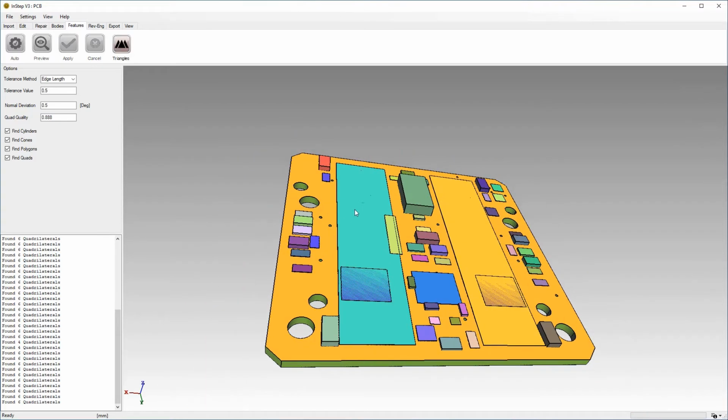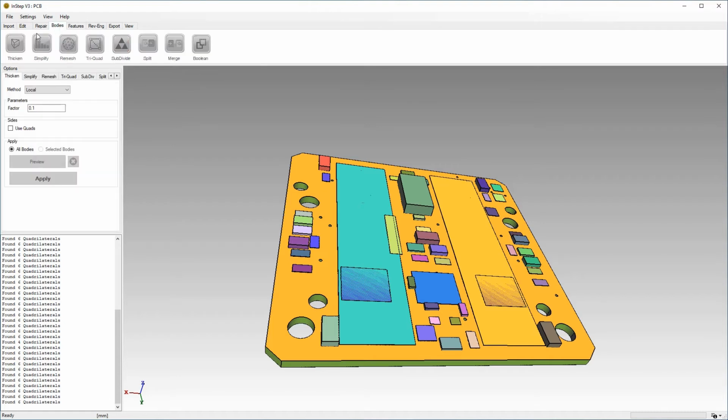So after just a few seconds, we're now left with the bodies, and individually these were converted to a more reasonable representation. One item to note on the Features tab is that for whatever reason, if we're not happy with this, we have the option of going back to a triangular representation. So clicking this would essentially just undo the feature conversion that we've done so far. It should also be noted that all the other tabs are no longer available because we now have a feature-based definition, and all these tools are laid out to use feature-based definition.